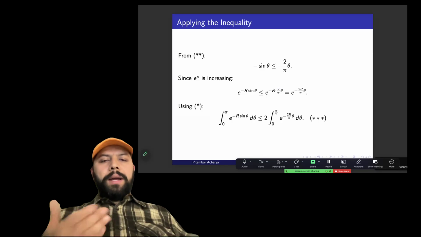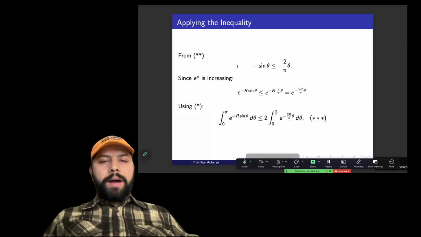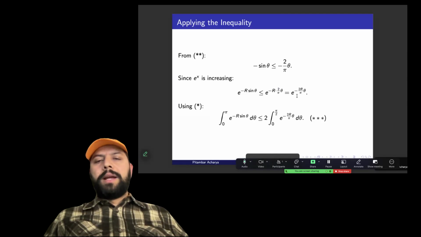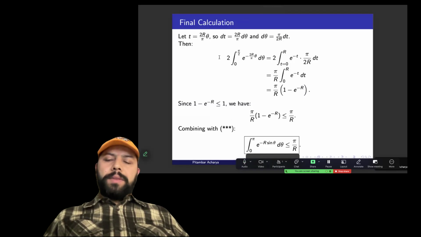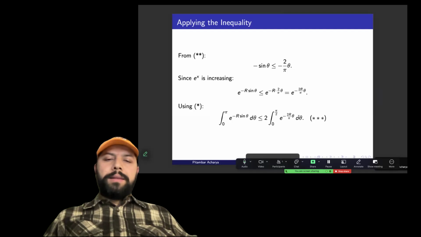So our integral now will become the integral from 0 to pi of e to the negative r sine theta d theta, which is less than or equal to 2 times the integral from 0 to pi over 2. And then we replace e to the negative r sine theta by something less than or equal to e to the negative 2r theta over pi. So to calculate this integral, e to the negative 2r theta over pi d theta from 0 to pi over 2,